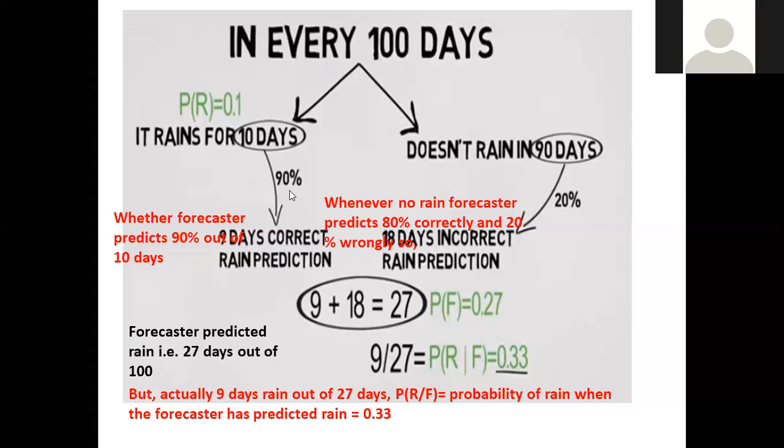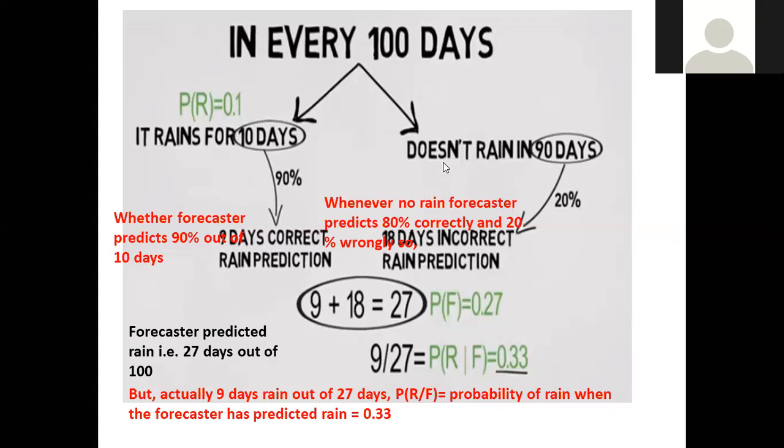And the weather forecaster predicts 90% of these 10 days. So in actuality, the weather forecaster gives this 90% as the value for the rainy day. Why? Because he predicted correctly 90% of these 10 days. So that is 9 days of correct rain prediction out of these 10 days by this ABC XYZ weather forecaster.